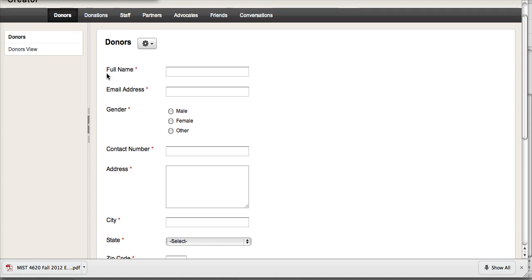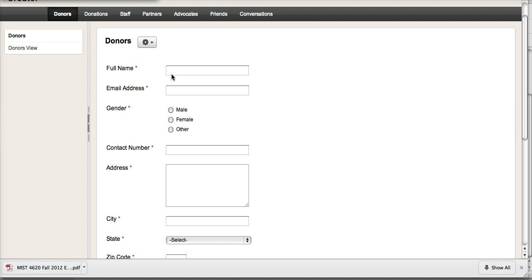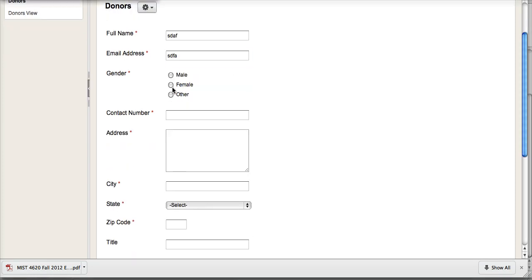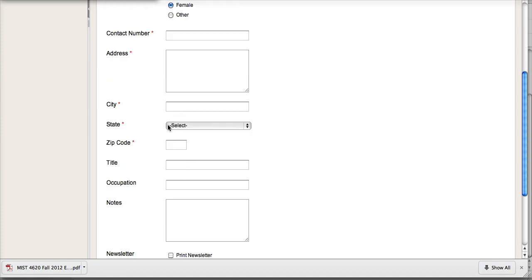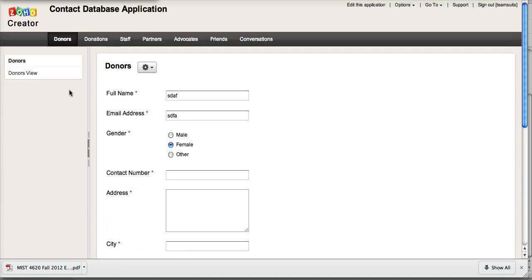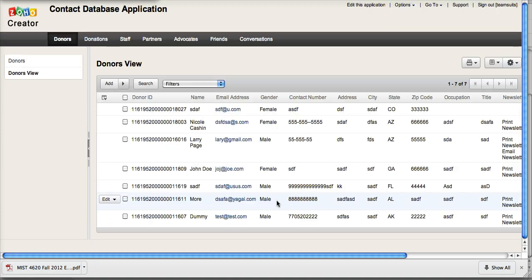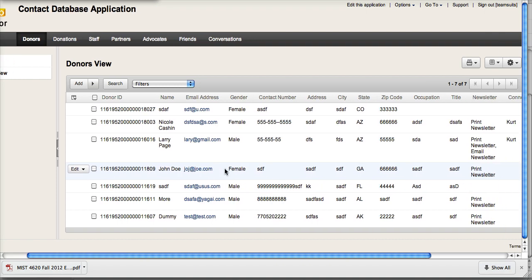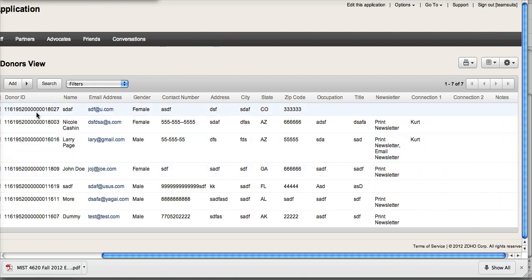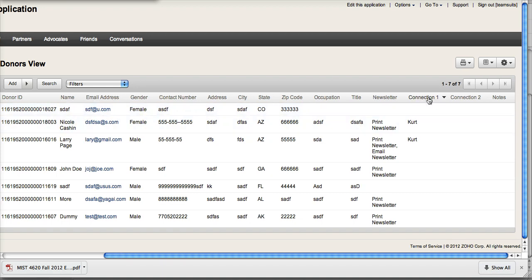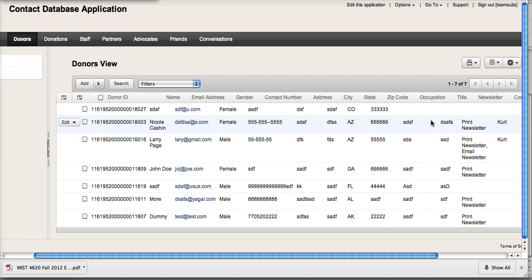So the first table you have right here is your donors table. You can add a new donor, just put a bunch of dummy data in there, and you can add this information into your database and it will get stored in this little Google spreadsheet or Microsoft spreadsheet kind of table right here. As you can see, it gives all the necessary information like the person's name, their gender, contact info, so on and so forth, and it even gives you who you're connected to within the organization, and this goes